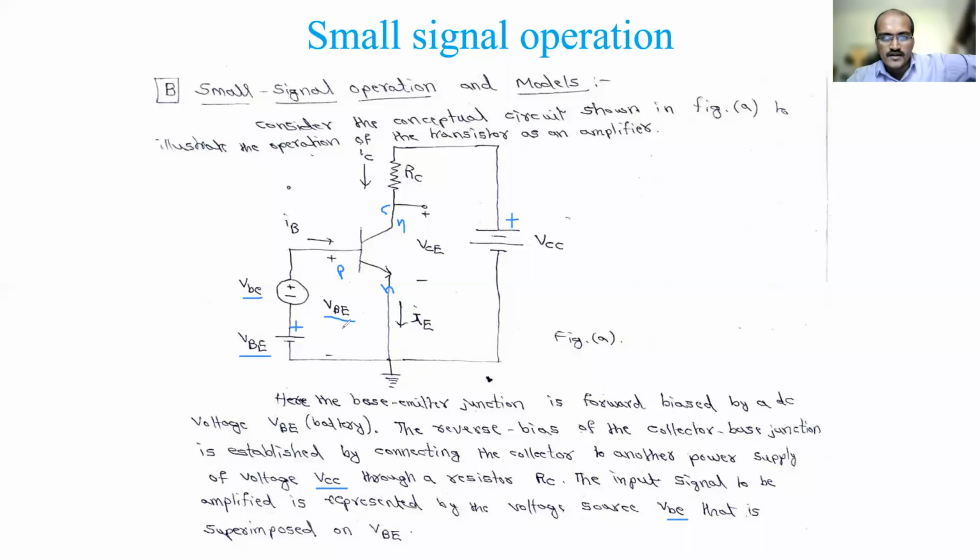Okay, nothing but it is an instantaneous voltage. So this is the explanation of this circuit. Now, first we will make up the DC biasing. What we have done previously, the same thing. In DC biasing, we'll remove all these instantaneous representations, and only see the capital letter and capital subscript. That means it is a DC analysis.